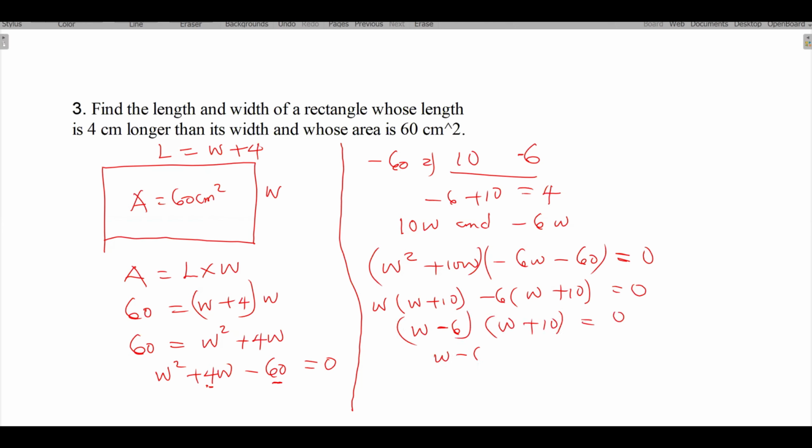We equate it to 0. W minus 6 equals 0. So W equals 6. Or W plus 10 equals 0, so W equals minus 10. Now the length or the width of our rectangle cannot be negative. So this is not part of the answer. That means our width